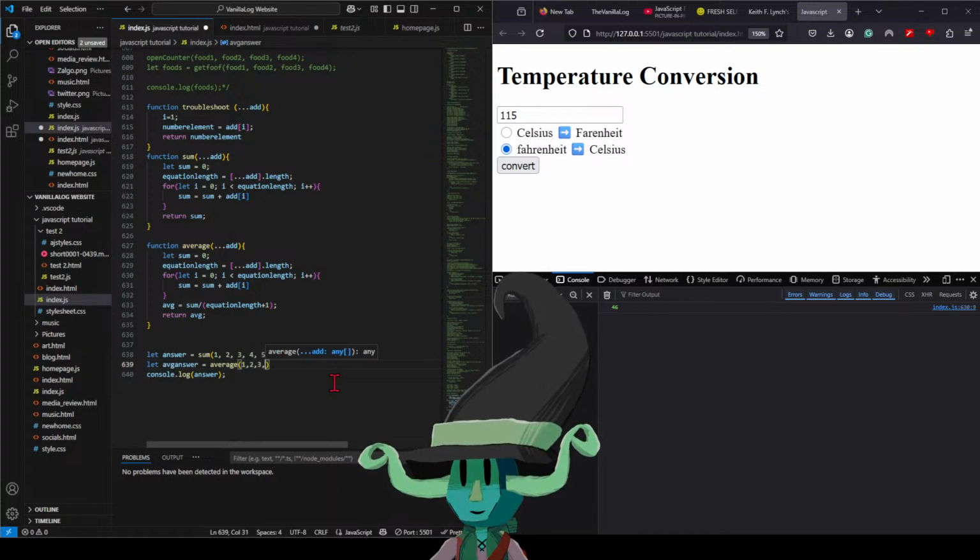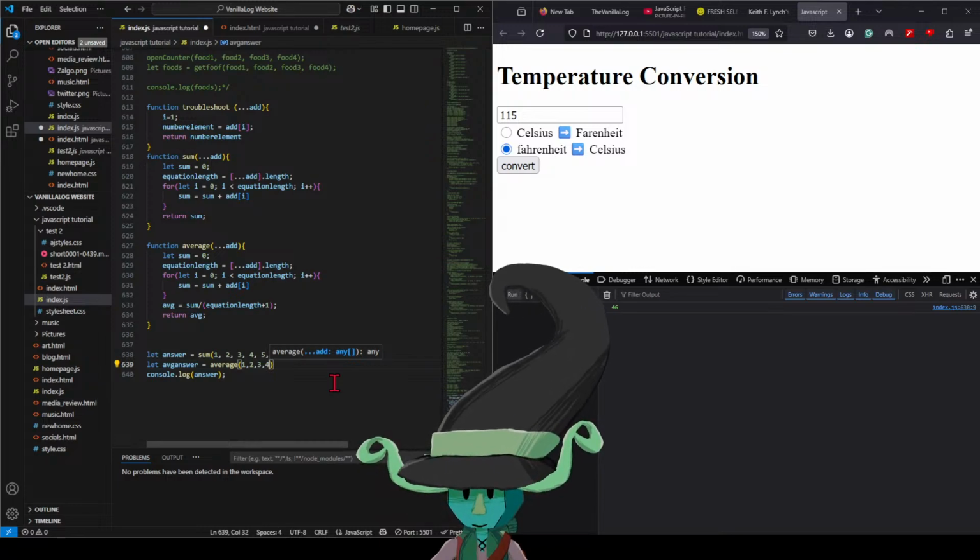2, 3, 4. So 1, 2, 3, 4, that's 10 divided by 4, or 8. Takes 8. And then